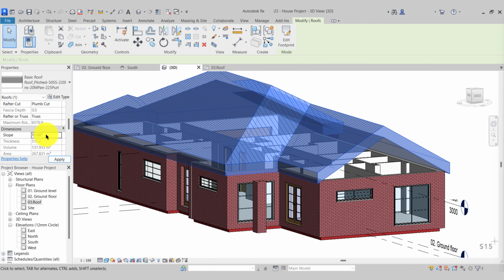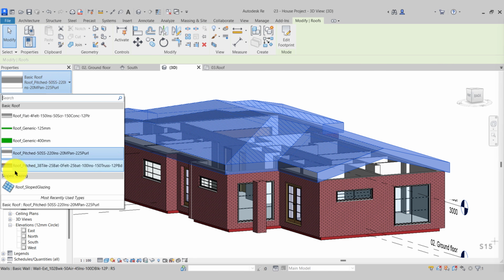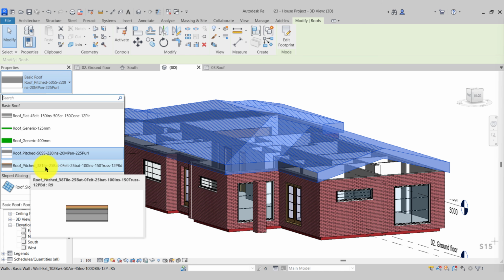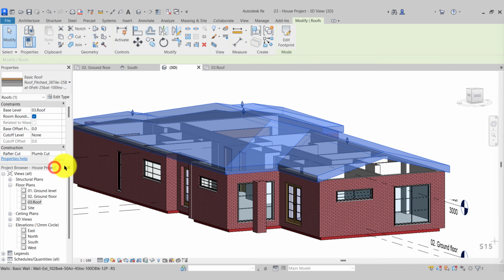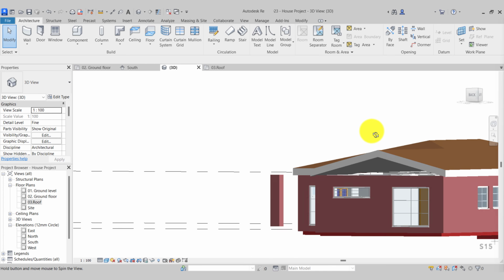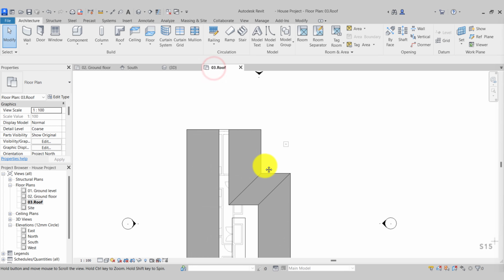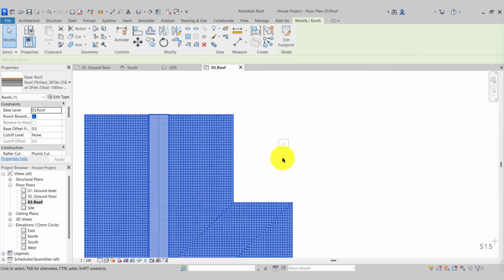You can press enter, but those changes won't take effect until you move your cursor into the drawing. What we'll also do is change our roof type over to roof pitch to the 38 tile 25 batt. Again, if you don't have that, just select something similar for this video. So we'll go back to our roof plan, and what I want to do is extend the roof footprint to